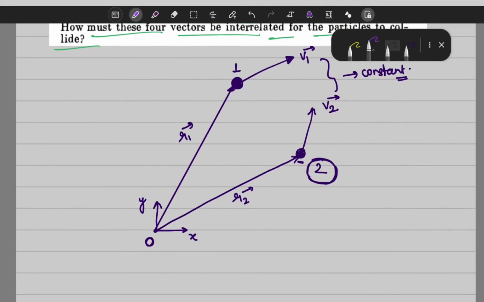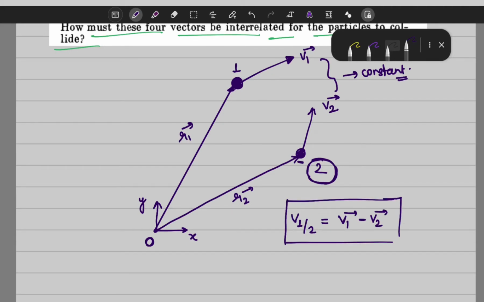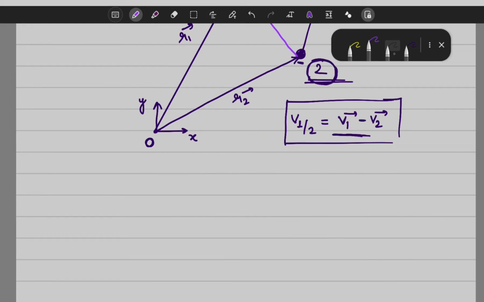Let us first write the velocity of 1 with respect to 2, which is equal to the velocity of 1 minus the velocity of 2. When we make particle 2 at rest, this is the velocity at which particle 1 will move. Now this velocity should be in this particular direction. How do we find this direction? From the triangle